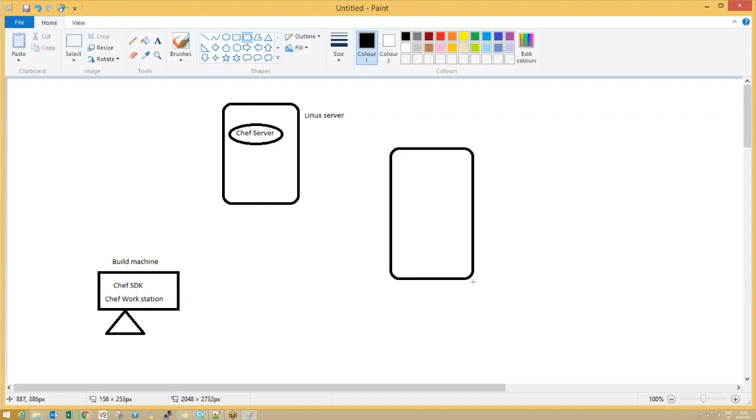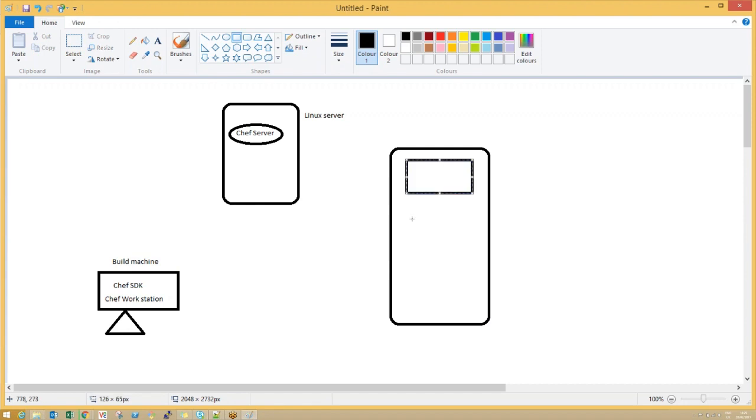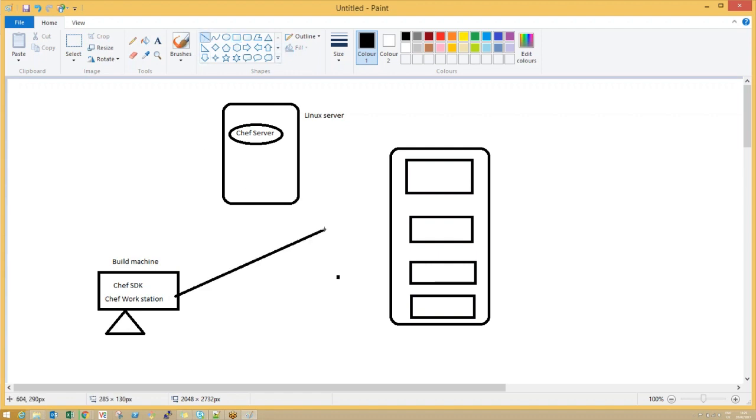Okay, assume this is your environment, and in this environment you have a number of servers. One server, second server, third server, fourth server, something like that. Now from here, you will try to deploy your components into these servers from your